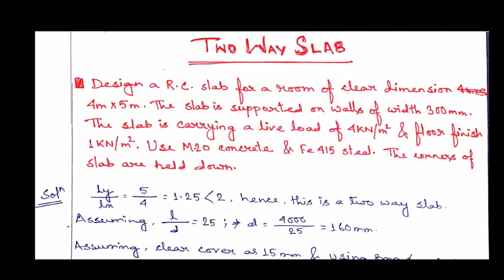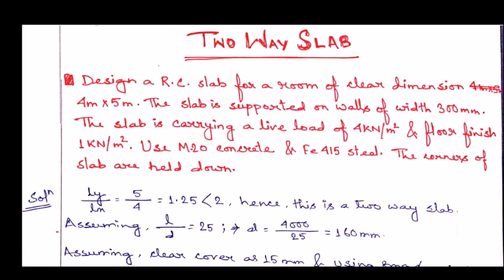So before starting the problem, I am going to discuss the basic part of two-way slab. We know that in two-way slab, bending comes in both sides. So we have to design reinforcement for longer span and shorter span both. There are no such distribution bars. There is a torsional moment in the corners. So in corners, torsional reinforcement has to be designed,